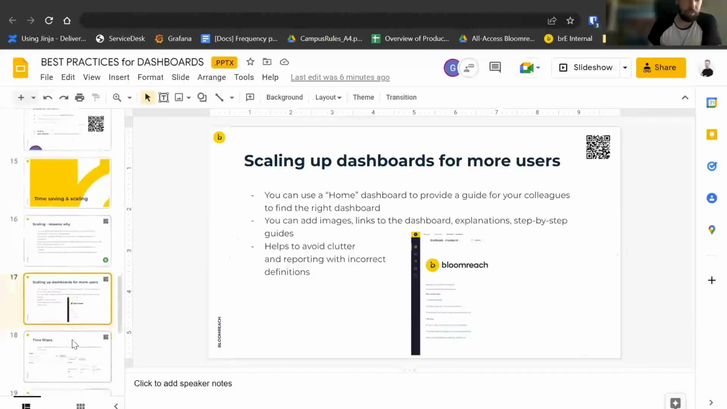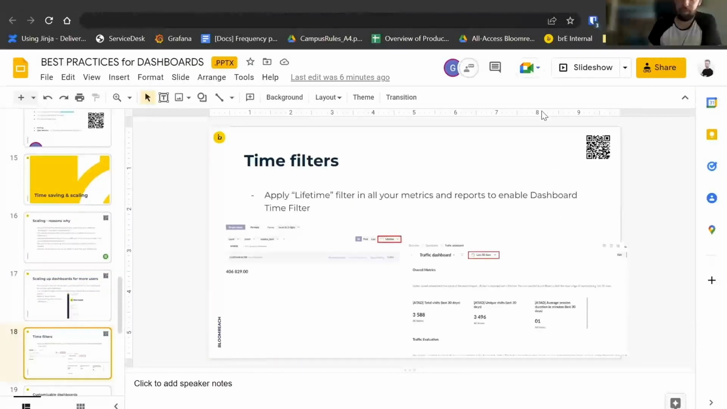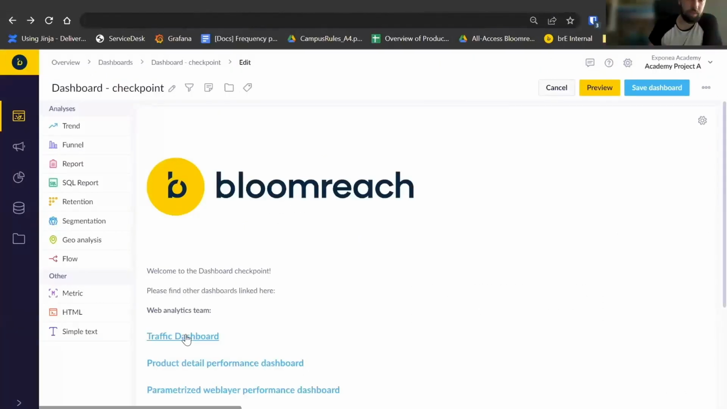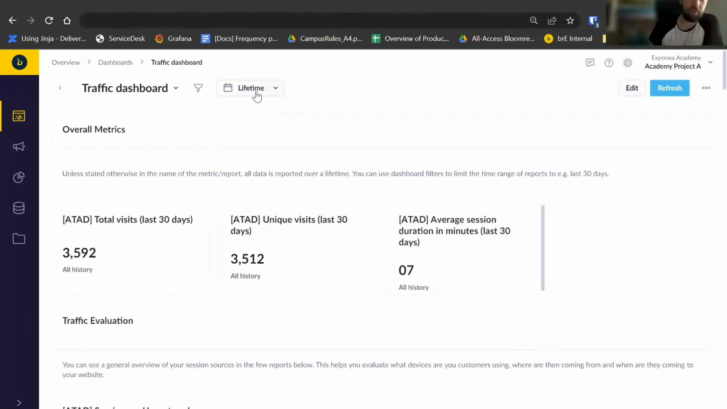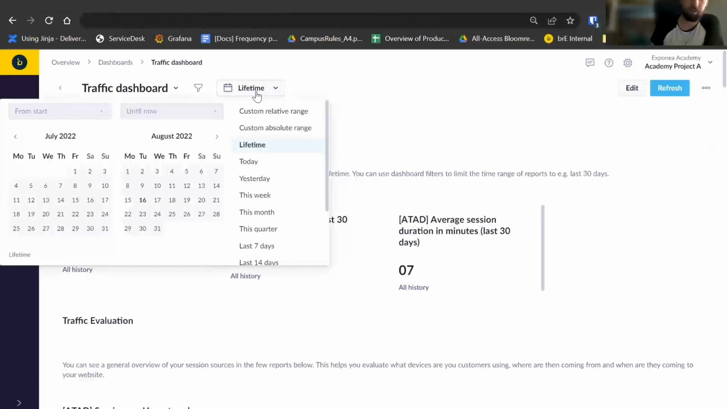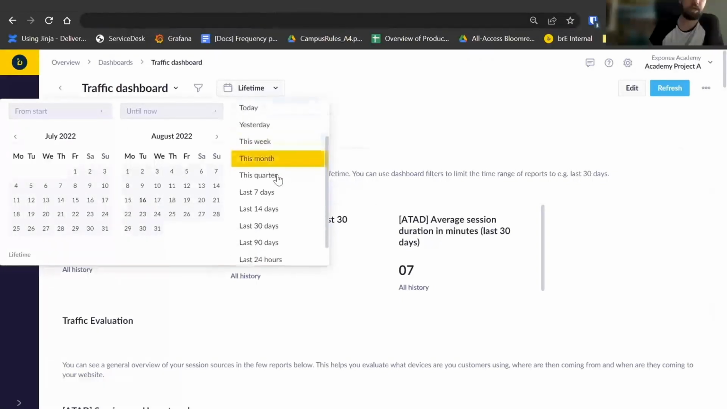Okay, then the second part of customization or enabling some flexibility in dashboards is time filters. So let's actually take a look at the traffic dashboard. And at the top, you can see that we have a filter which is currently set to lifetime. So if I need to report on a different time period, I can change this, for example, to last 30